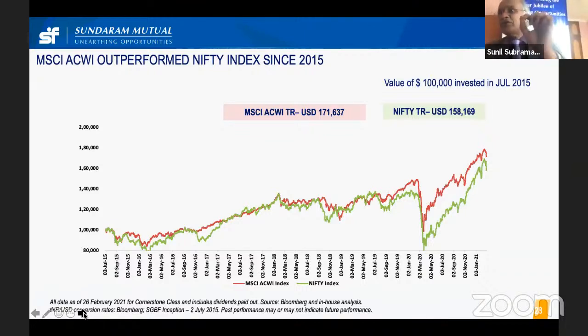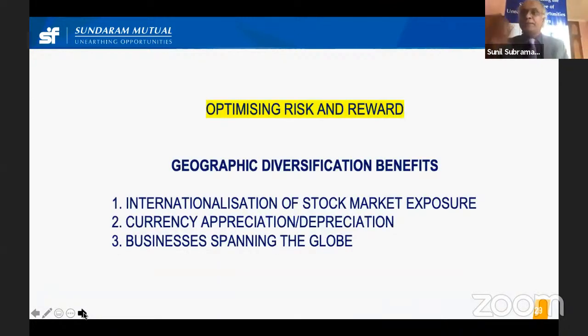That is $100,000 invested then would have made you another $20,000, 20% more return because of the depreciation of the rupee. Right? So I hope that point has been well made. To summarize, the